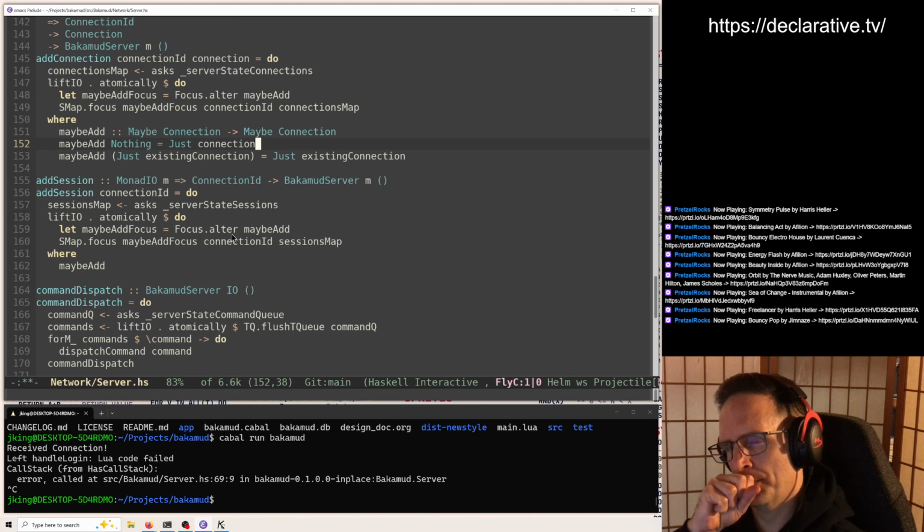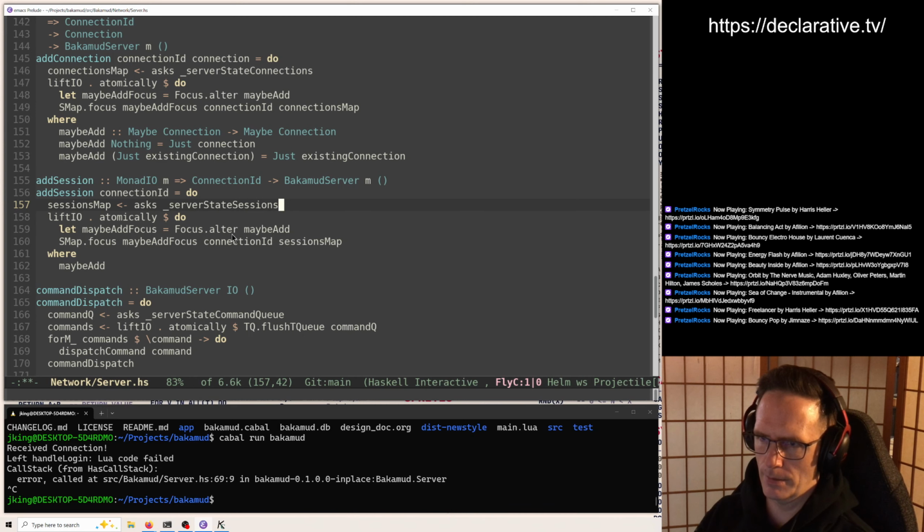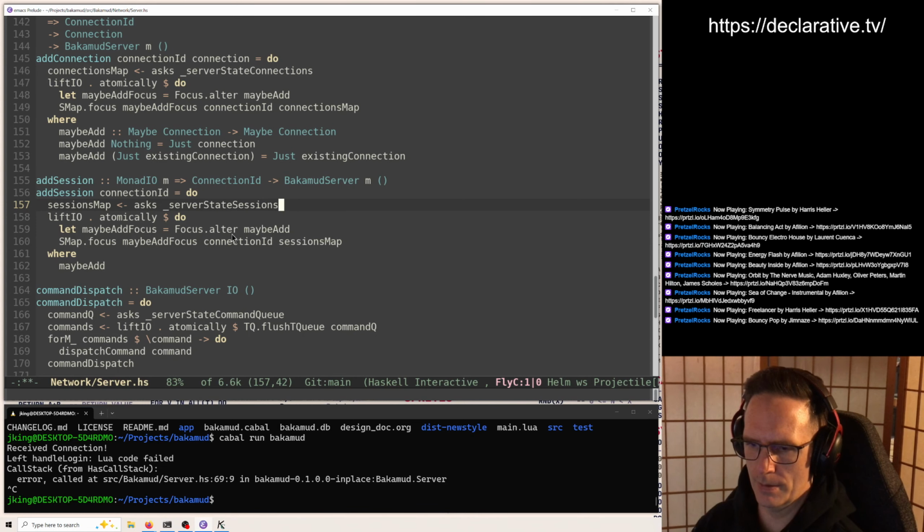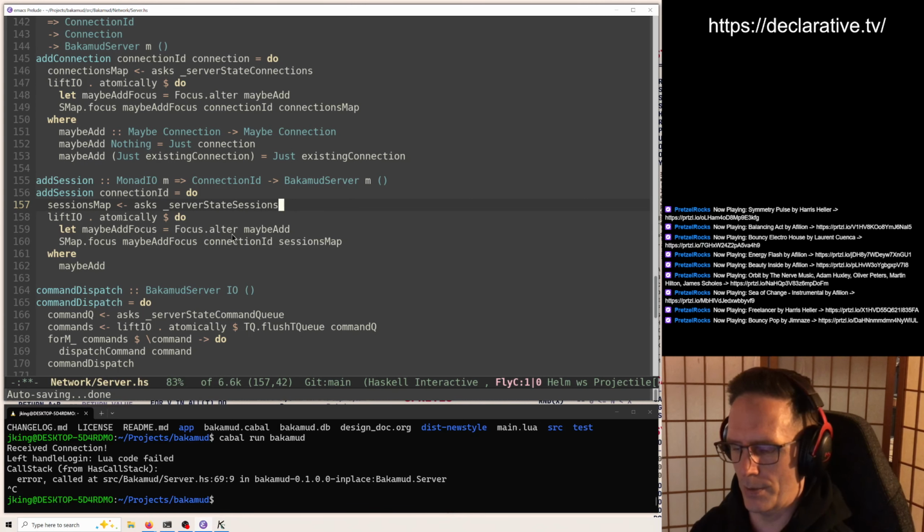An alter focus. We just need to overwrite the session if we get a reconnect. Although if we have a session here in the map and we lose the connection, but they reconnect, they would probably get a different connection ID, so that session would be floating there by itself, and it would need to be garbage collected. Which is something we should remember to do.